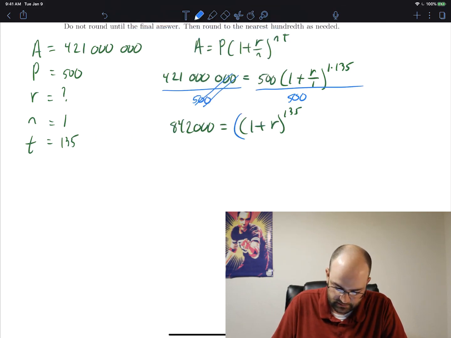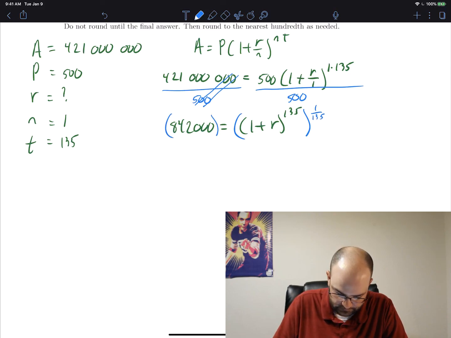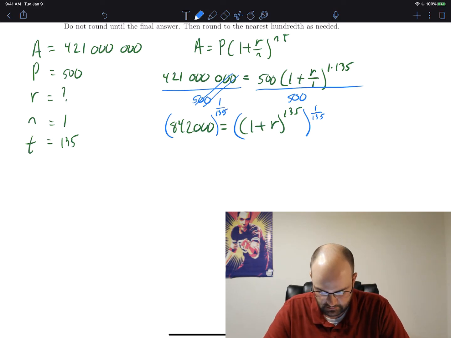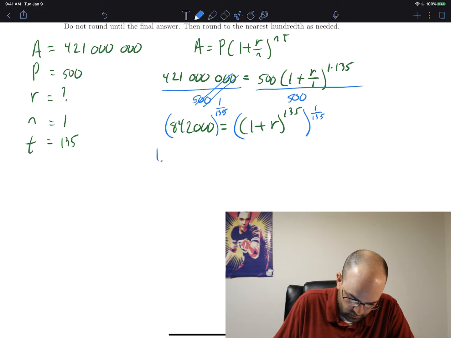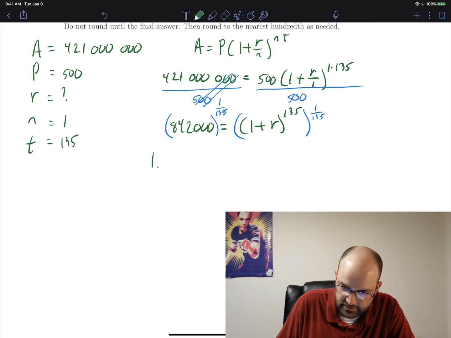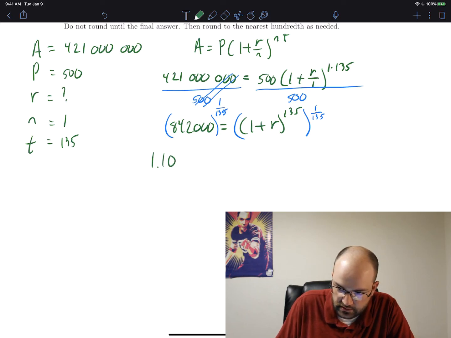For the next step, we're going to take both sides to the reciprocal of 135, which is 1 over 135, which means we need to type into the calculator 842000 to the 1 over 135, which gives me 1.106346546588